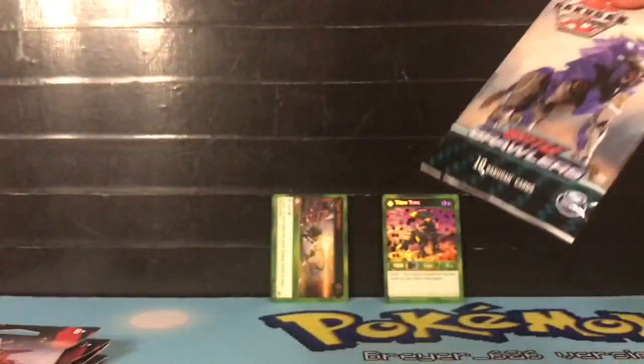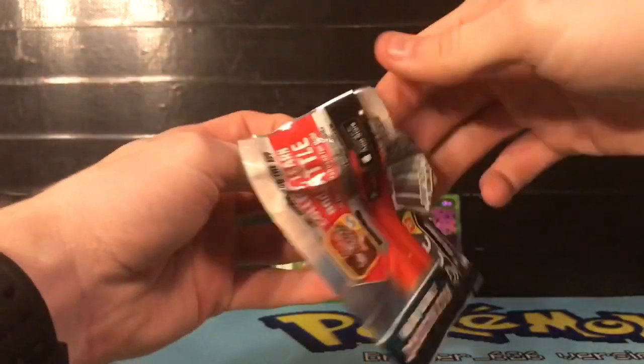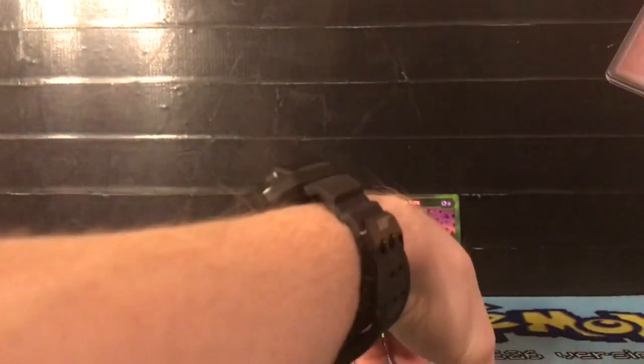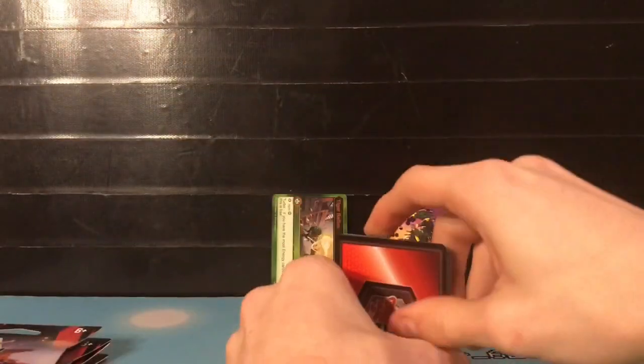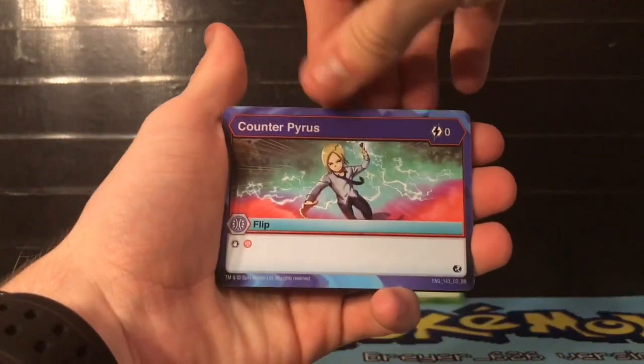All right, let's go ahead and get into the next one here, and throw that to the side. Turn the pack around, and pull that open. Get the pack open here. Throw this, yeet, and stack it up. Let's see here. So our next one is Counter Pyrus,